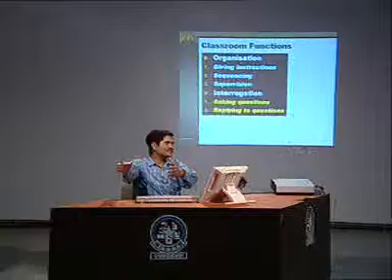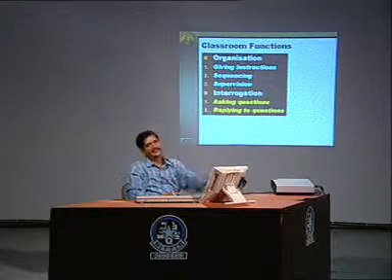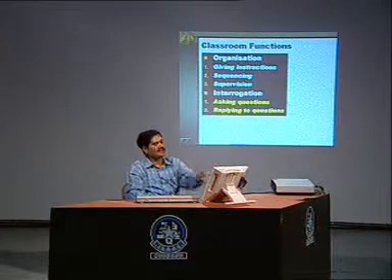Even the teacher also sequences the position of the students, and for that also the teacher can use language. For example, the teacher can say, you sit here, then Mr. X comes next to you, then you take the name of a person and that person comes to the third position, like that. The next function inside the class is interrogation.